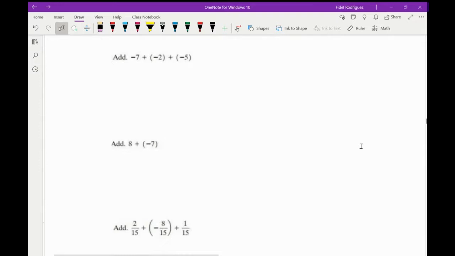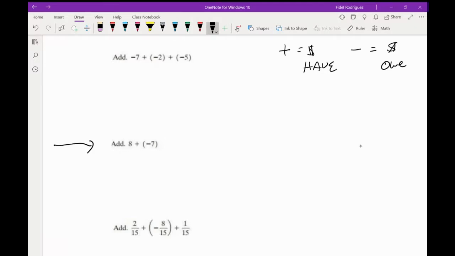And guys, one thing that I wanted to mention is, and if you've watched the video, you'll know this, and if you haven't had a chance to watch the video, that's okay. I'm going to explain to you right now. I want you to think about positive numbers as money that I have, and I want you to think about negative numbers as money that I owe, okay? So I'm going to actually start with this problem right here, and then I'll come back and do this one in a second.